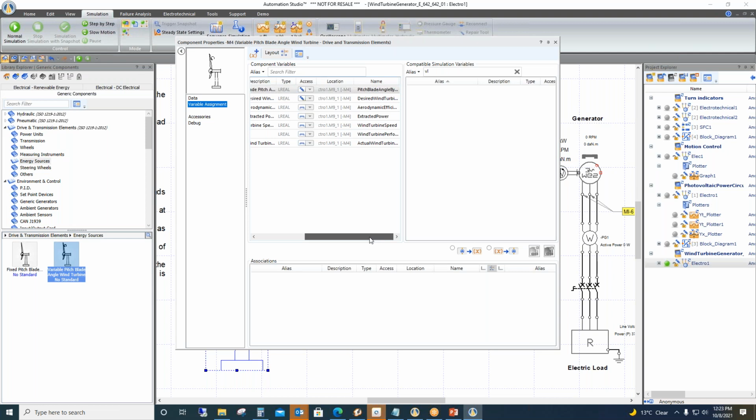Yes, but in Automation Studio you will need to write a logic for that: how much speed, how much angle it should change. That logic you can write in Automation Studio. Great. That logic I can feed to my turbine? Yes, that you can do. We have those variables for the blade. You can see these variables here.